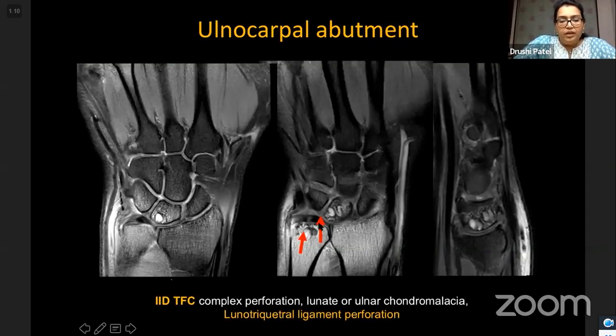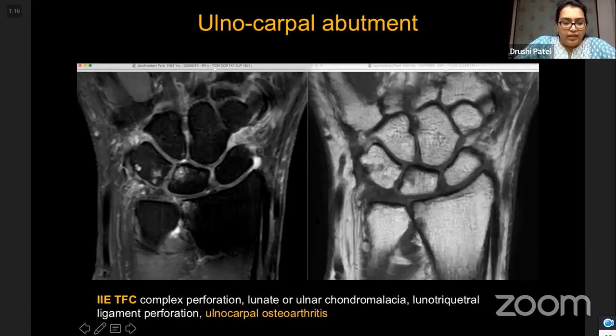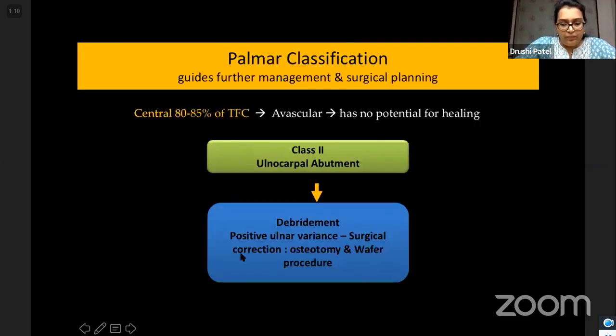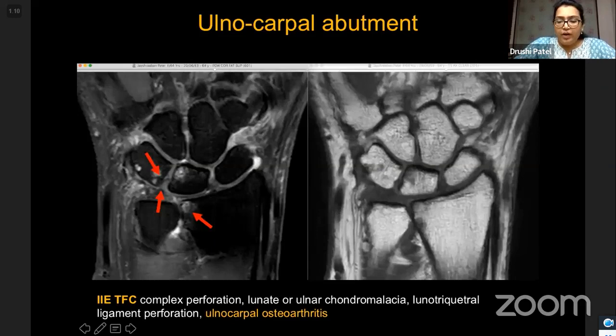Then in the next 2D, there is a lunotriquetral ligament tear. And in 2E, besides the lunotriquetral ligament tear, there are changes of ulnocarpal osteoarthritis, as you can see at the triquetrum, lunate, distal radius, as well as the ulna. So it's a continuum of findings that occur from 2A to 2E,